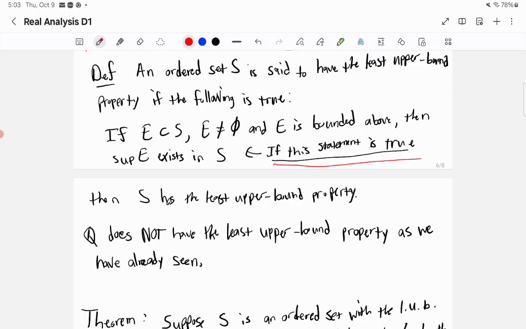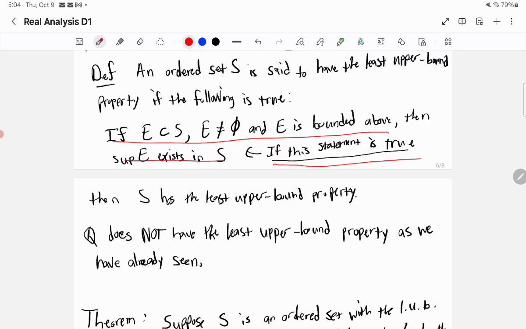It's a subset of S. It's not the null set, right? The empty set. And E is bounded above. Then the supremum exists in S. Okay? So then we have a least upper bound if these three things hold,